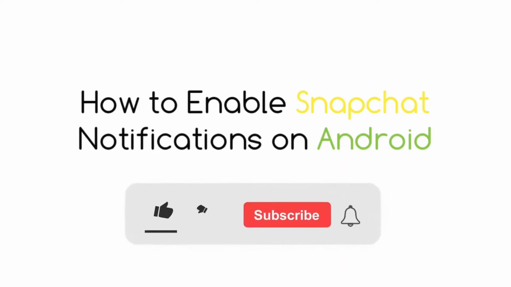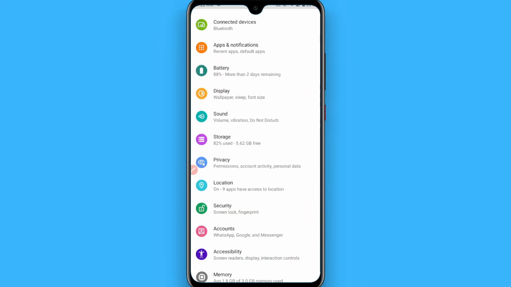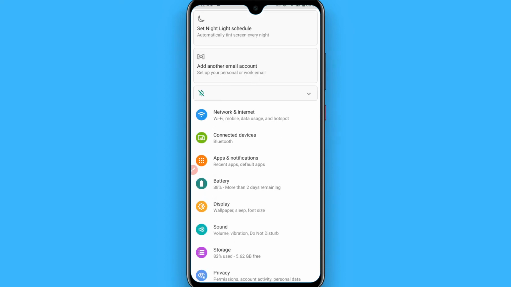Hi, in this video I will show you how to enable Snapchat notifications on the Android. So if you don't get any notification by your friend streaks, you can enable your Snapchat notification in this way. So first of all, click on the settings of your phone and now click on the apps and the